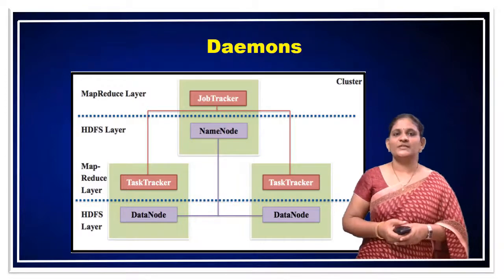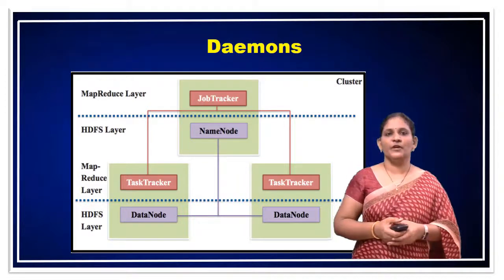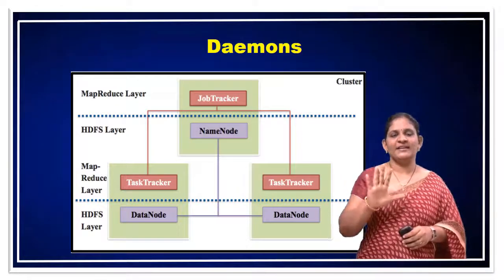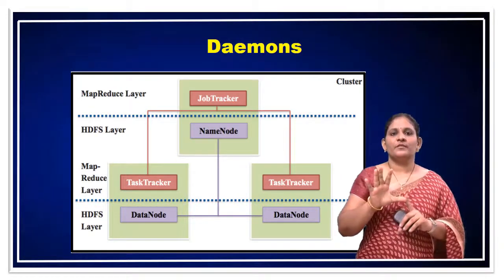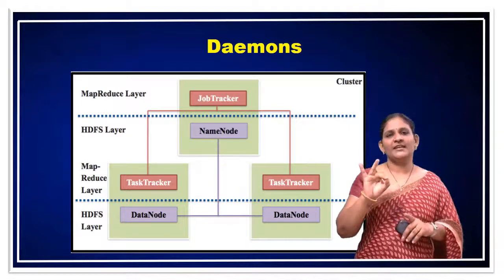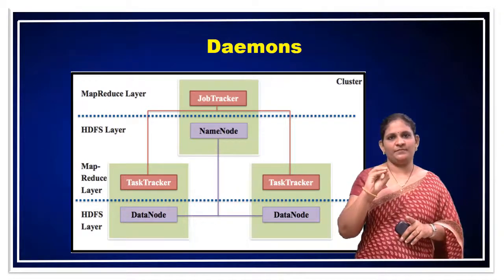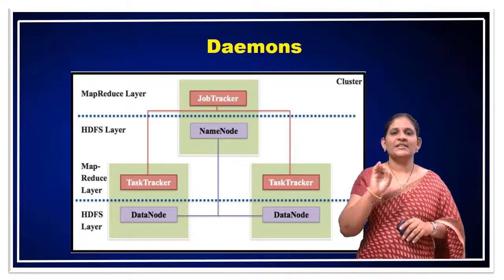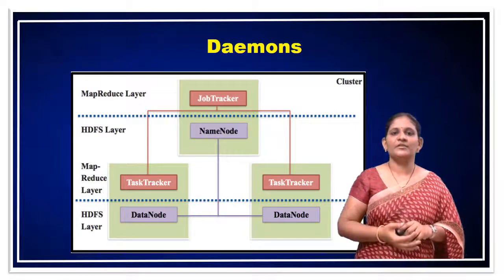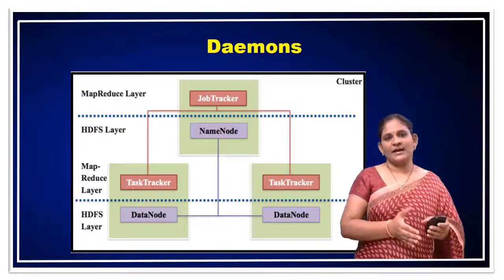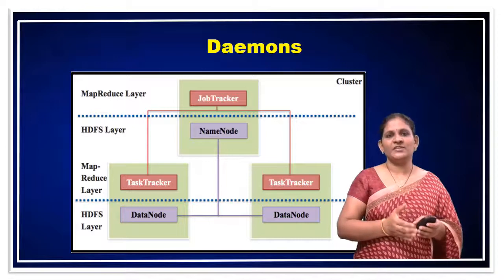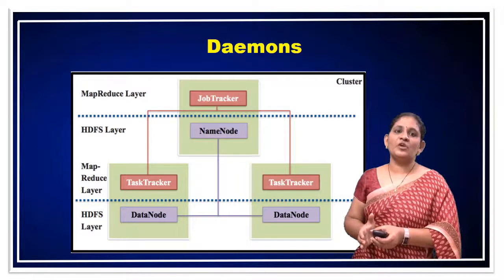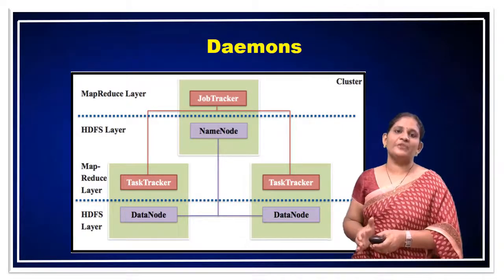Okay, students. So this is the entire basic building blocks of Hadoop concept. I will be summarizing, students. There are 5 basic building blocks of Hadoop: NameNode, data node, secondary NameNode, job tracker, task tracker. The first 3, NameNode, data node and secondary NameNode, are HDFS daemons. The last 2, job tracker and task tracker, are MapReduce daemons. The first group, NameNode, data node, secondary NameNode, is for storing the data. Job tracker and task tracker are to process the data, to execute a MapReduce